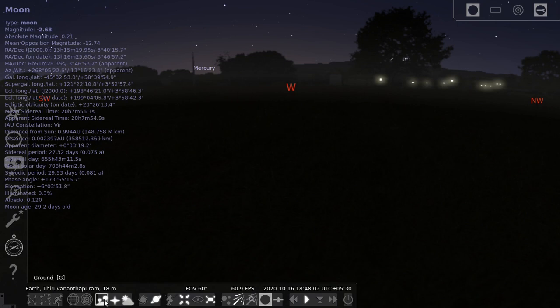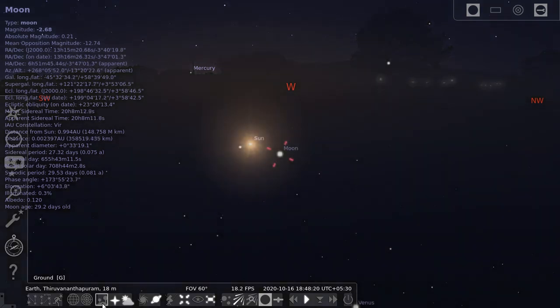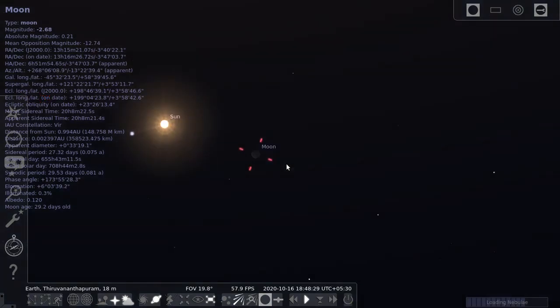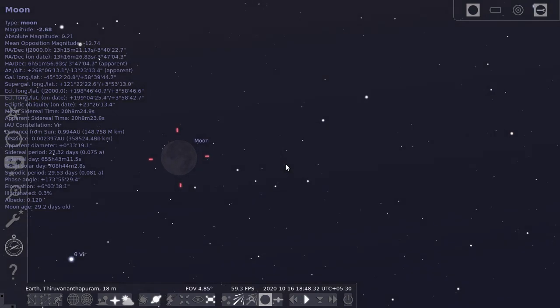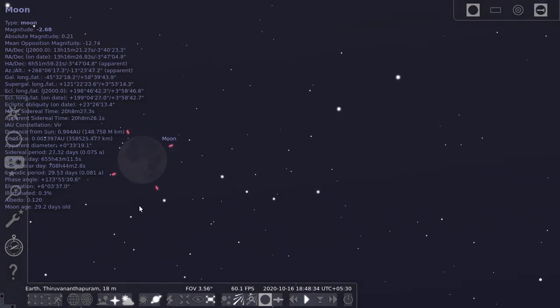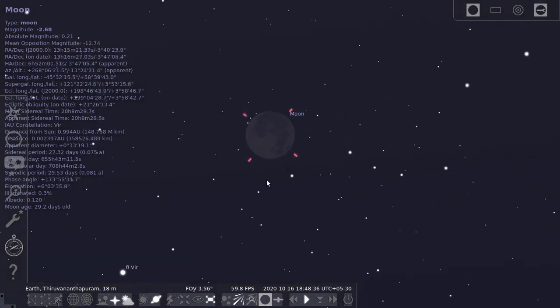Here you can see the ground tool. This is the ground tool. Okay, can you see this ground tool? So we can make use of the ground tool, which will help us to see the stellar objects beyond the earth. Okay, if it is hidden, we can click on that. See, now I have clicked on the ground tool, hence we can see the moon. Okay, now using the scroll wheel you can adjust the size of the moon. Okay, can you see the moon?